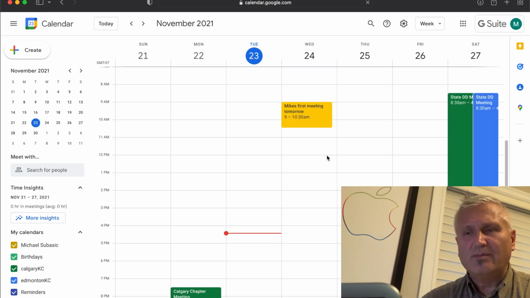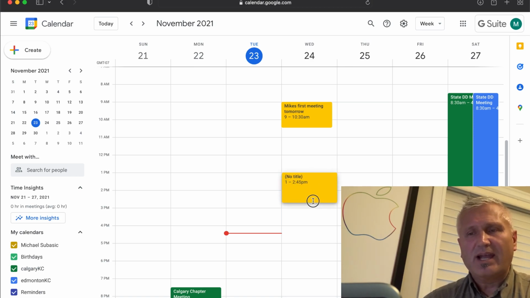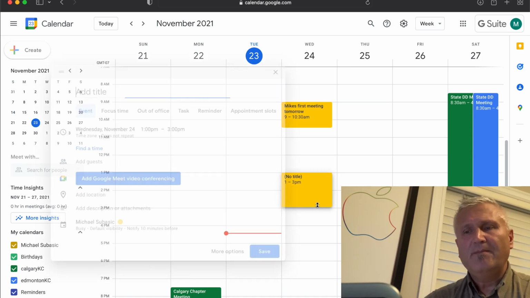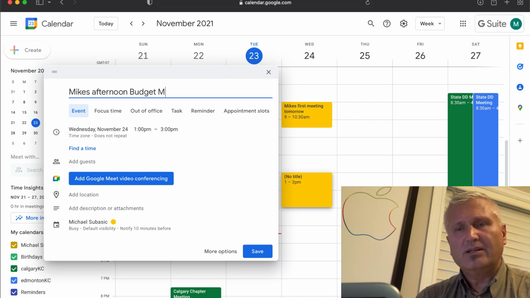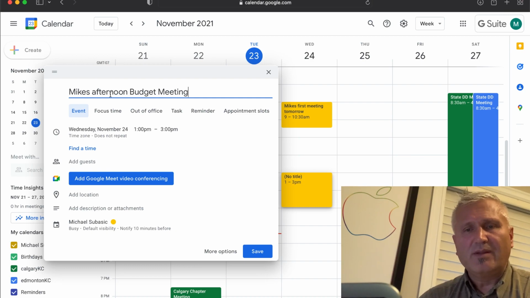Now, if I want to schedule a meeting, let's say for tomorrow afternoon, I'm going to use my mouse and I'm just going to drag. Let's say I need a 2-hour meeting. It's going to be Mike's afternoon budget meeting. So you enter your description of the meeting, and the first way we're going to create it is